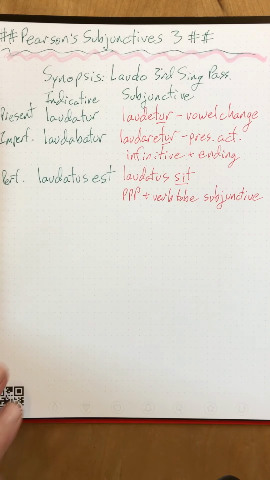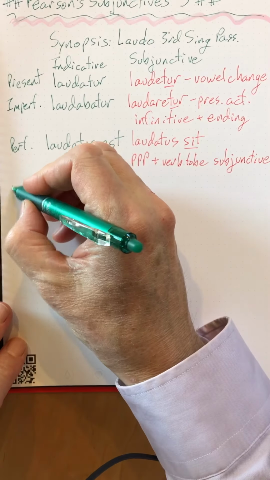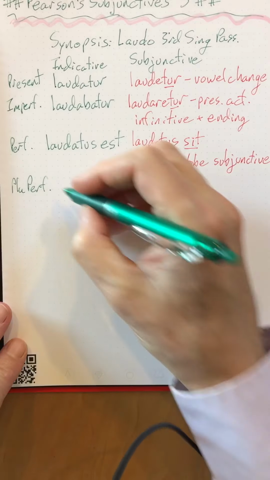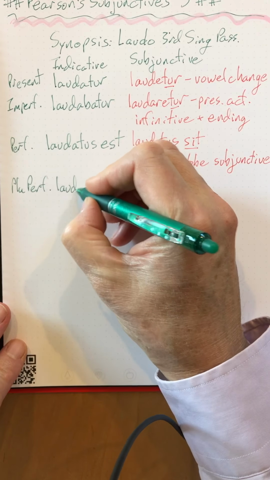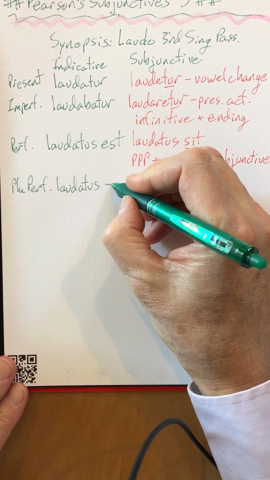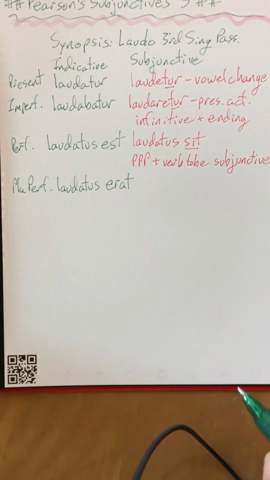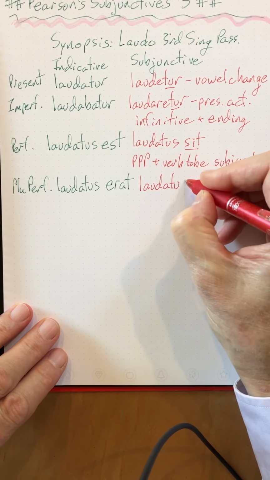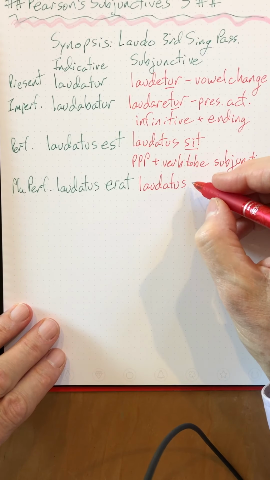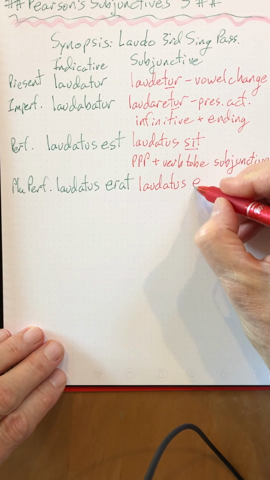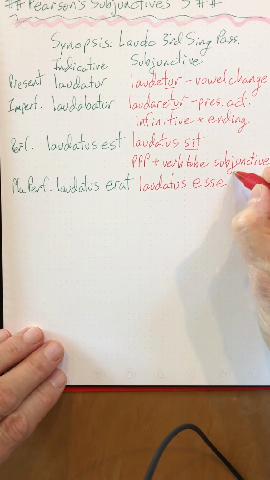Now for the pluperfect, in the indicative, we start with the same old perfect passive participle. And we just change the verb to be to the imperfect. So what do you think happens in the subjunctive? That's right. We start with the perfect passive participle. And instead of the present subjunctive of the verb to be, we use the imperfect subjunctive of the verb to be, which,